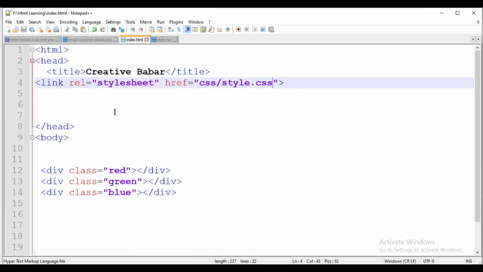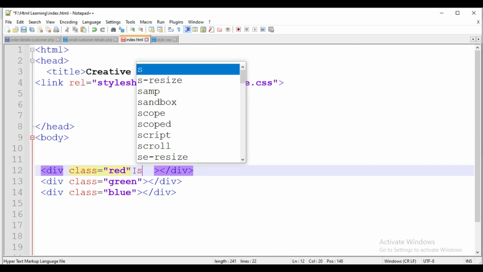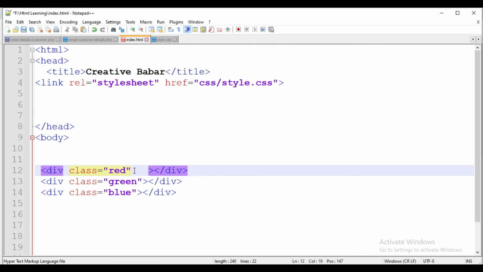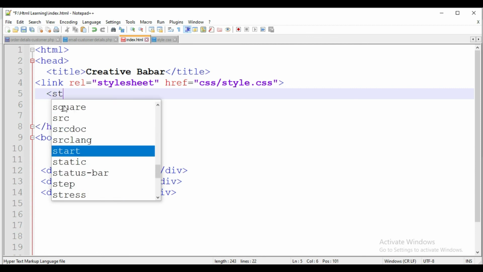So I used all three methods: embedded CSS, inline CSS, and external CSS. I hope you understand. I'm going to repeat it for you. Inline CSS is used inside a div tag, or any other element or tag, with the style attribute. Internal CSS is used in the head tag with a style tag.